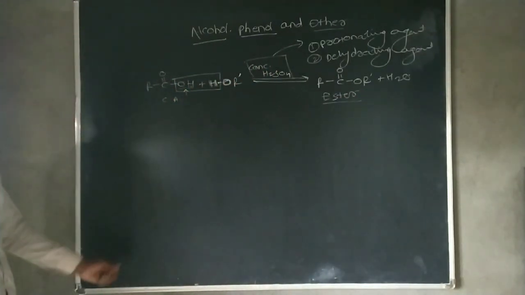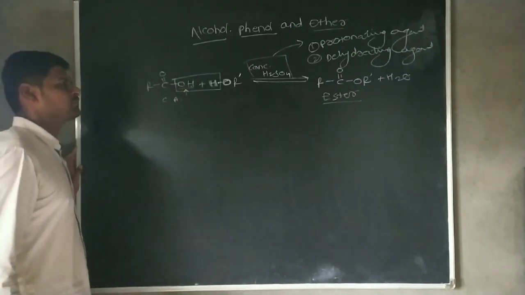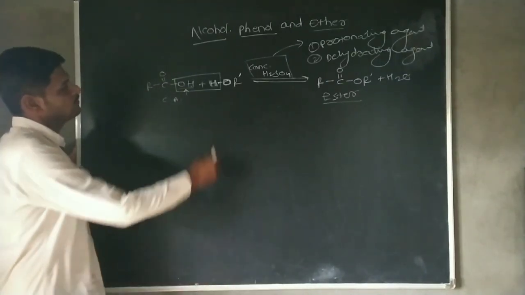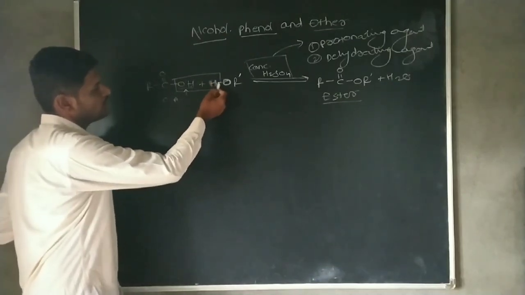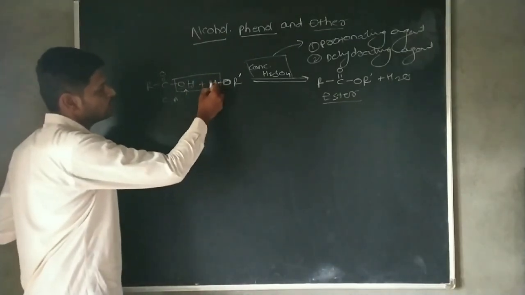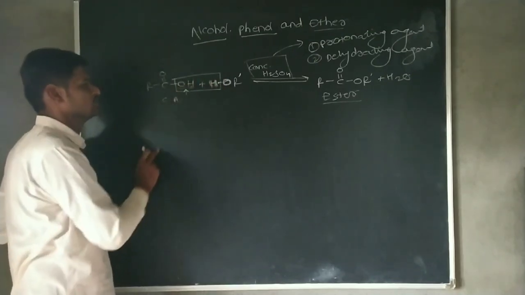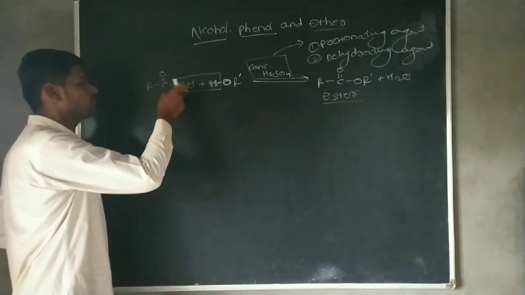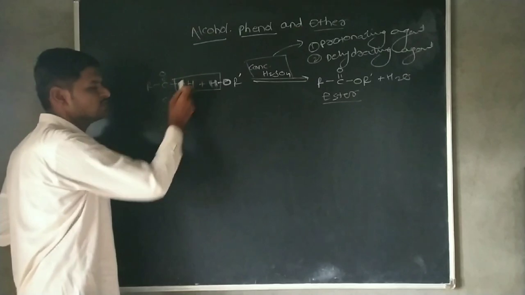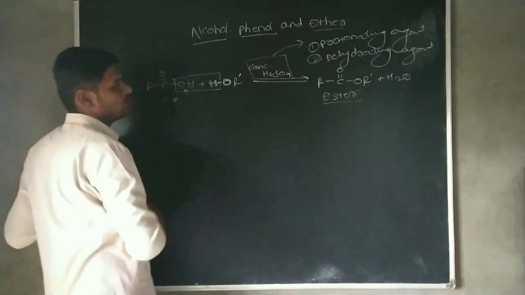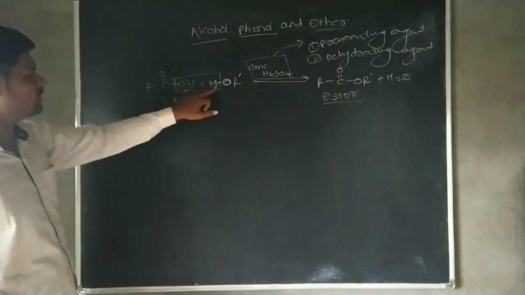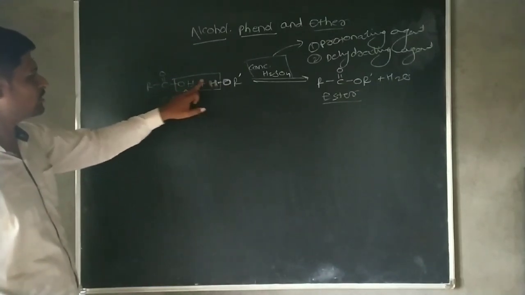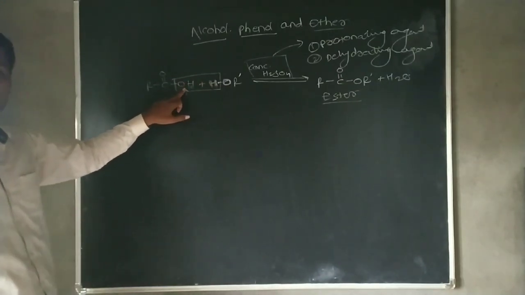Now, how is it possible that the alcohol donates the hydrogen and the carboxylic acid donates the hydroxyl group? This evolution of a water molecule, with hydrogen from alcohol and hydroxyl group from carboxylic acid,